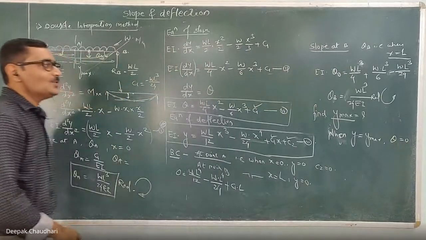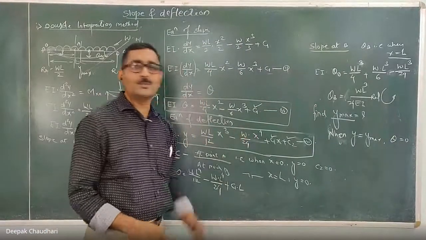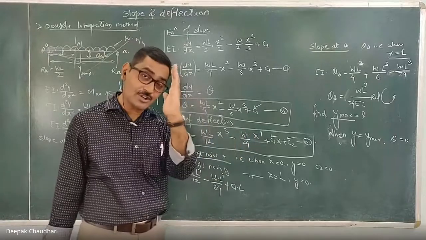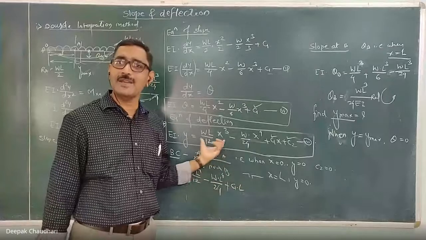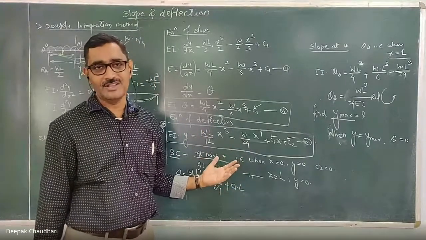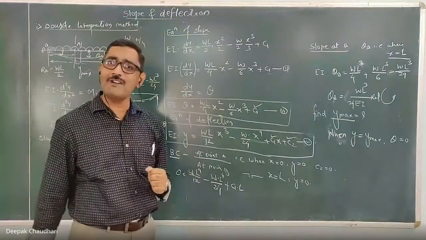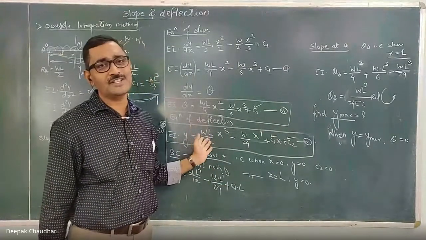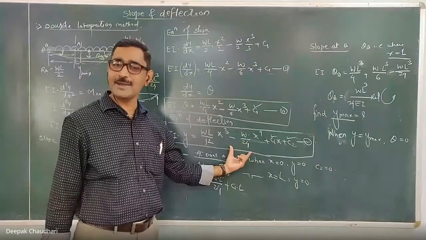So to calculate Y max, you first have to locate the position or distance of the point where Y is Y max, and by substituting that here, you will get Y max. It is just similar to the application of derivatives. If I say there is a general equation and you have to find the maximum value of Y, what do you do? You differentiate it and equate it with 0, and you will get the value of x for maximization.